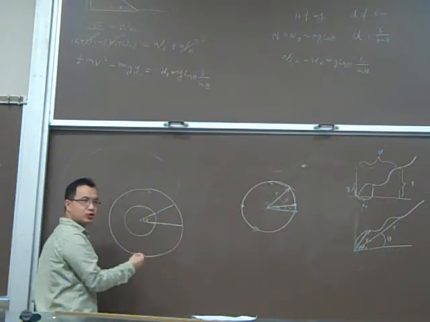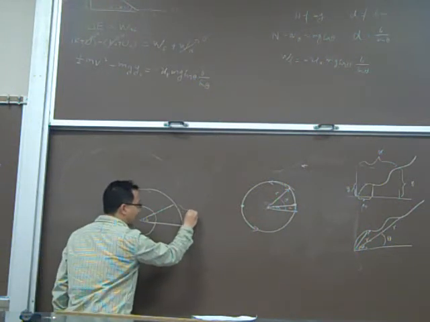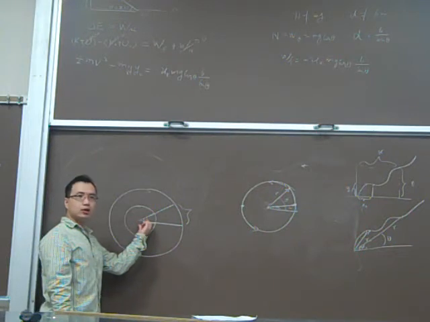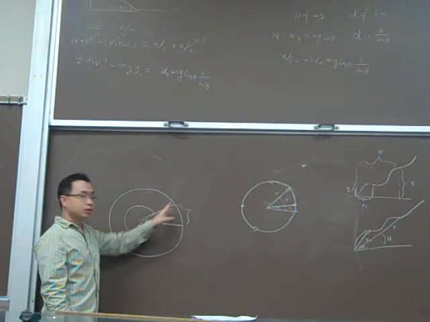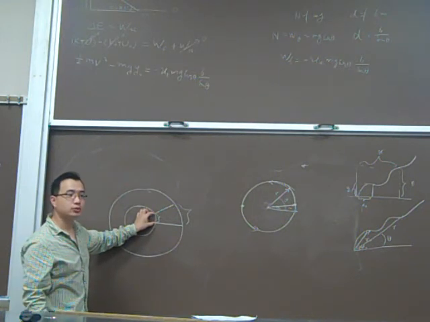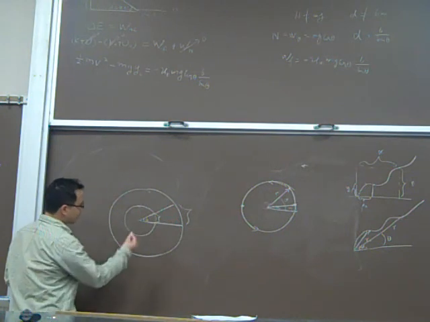Because if you have a larger circle, then the arc length spanned by the angle will be larger. So this is the arc length for a small circle, and this is the arc length for a larger circle. It will be different, but on the other hand,